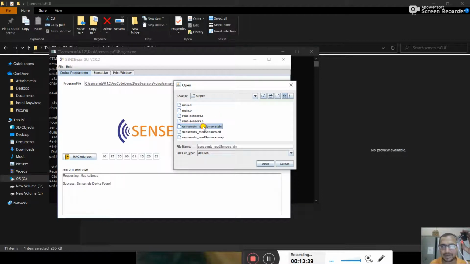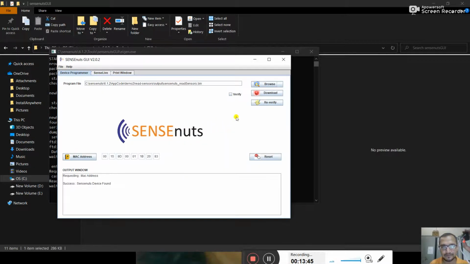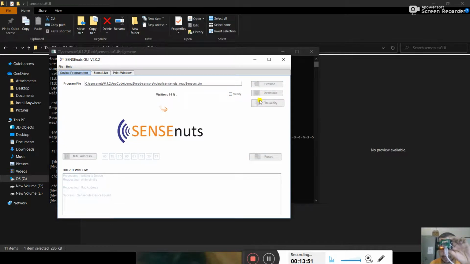Now I am opening this output folder, then the binary file. Here I am selecting the binary file. Now I will click, and you can see that both the LEDs on the node are blinking. Maybe the frequency of the camera and the device is not matching, so it's okay.